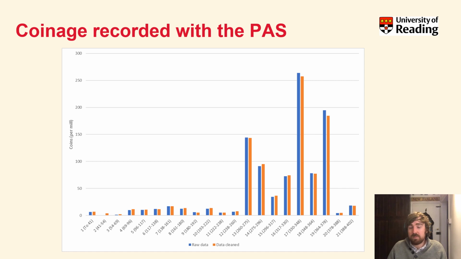And I think the really important take-home message with this particular graph is that when you look at them, the data sets are very similar, which highlights that in terms of just the basic information that you can get from the Portable Antiquities Scheme before you start delving into it is of a really good quality. And it's always nice to know that when you start investigating something and you think you're going to see certain results, that they are actually visible. And it really does highlight the value of the Portable Antiquities Scheme.